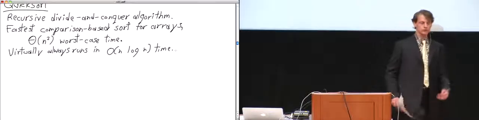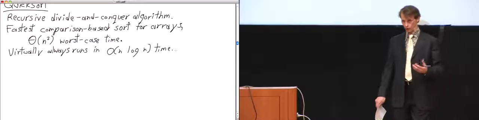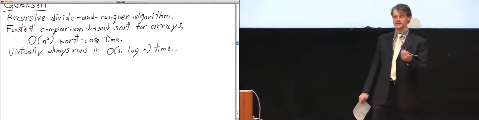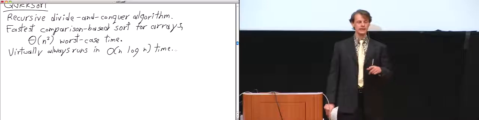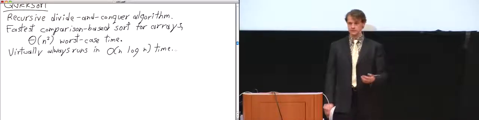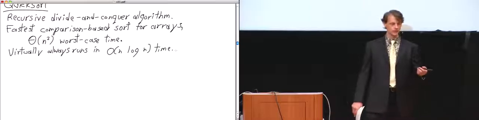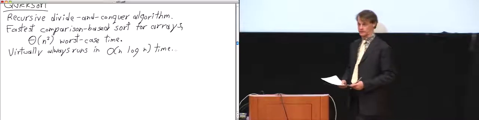I'll mention that usually quicksort is significantly faster than merge sort for sorting arrays because it has nice tight inner loops that give you a really small constant in the big O. But if you're sorting linked lists, quicksort doesn't necessarily have the same advantage. Sometimes merge sort runs faster than quicksort. For sorting linked lists, it depends how you implement them.